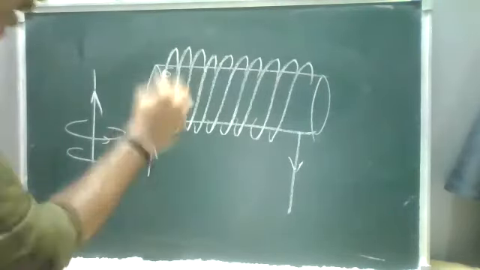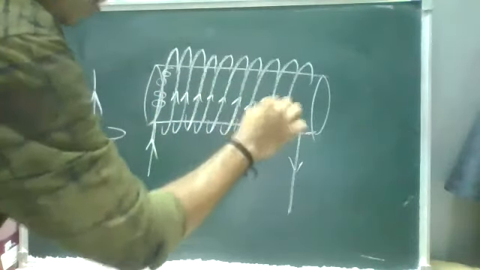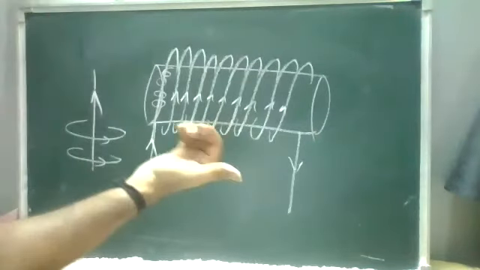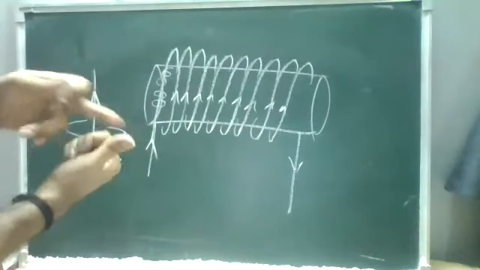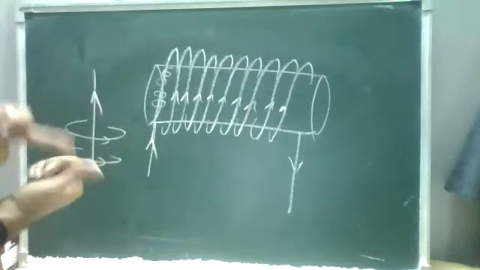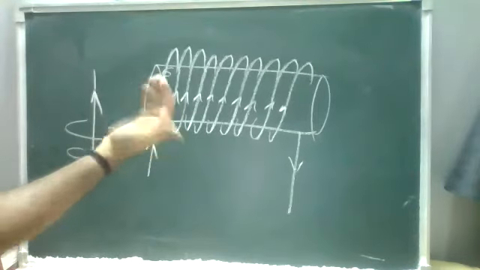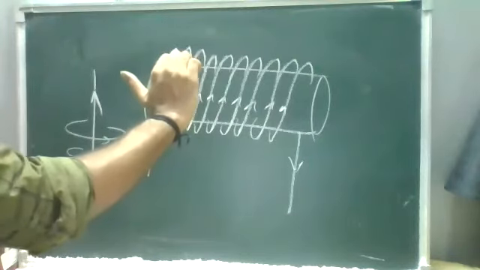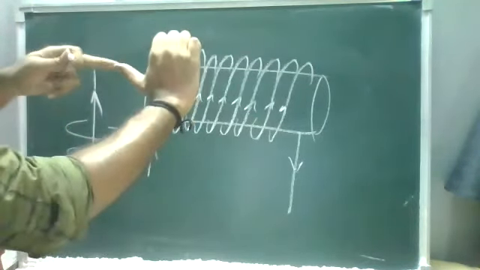So magnetic field எல்லாமே, so it will be happening like this, other fingers. But இங்கே thumb rule will be reverse. So இங்கே வந்து when we are allowing the current passing through it, there will be having some magnetic field. So the thumb rule will be reversed. So the other finger indicates your current direction, okay, and thumb indicates your magnetic field direction. So this is your current and this is your magnetic field. Now if you see that, so இங்கே வந்து current was moving upward direction. So if you see that, when I hold the fingers like this, the current was making loops and the thumb indicates your magnetic field.